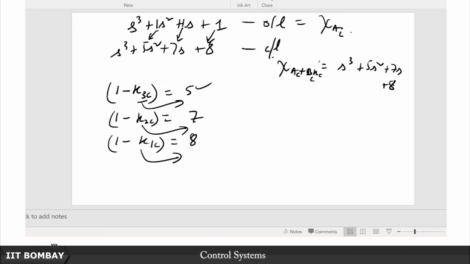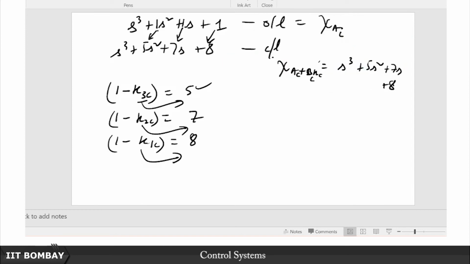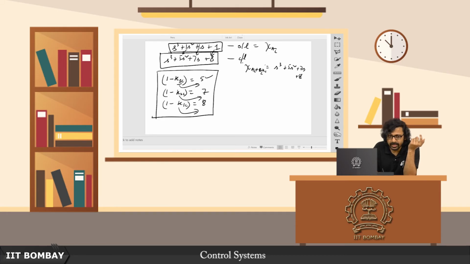So if you are already given a system in the phase variable canonical form, then note that the first few steps, going from this one to the other, you do not have to do. But once you are in the phase variable canonical form or the controller canonical form, it is very easy. That is why it is called a controller canonical form, because it is very easy to read off independently what those individual gains are. Just look at the open loop characteristic polynomial, the desired closed loop characteristic polynomial, and take the difference between those coefficients, and those differences are exactly those gains.